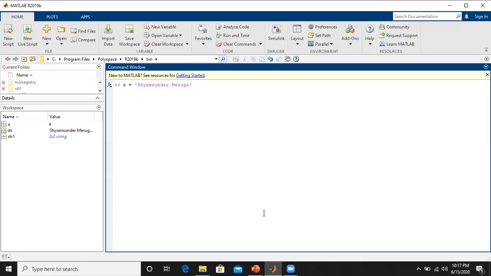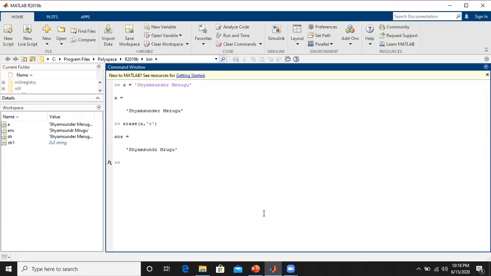From the string, I want to erase the letter E, so I use the erase function: erase, then the string variable A, and the letter to remove, E. Then the character E will be removed from the string. This way we can operate on strings.